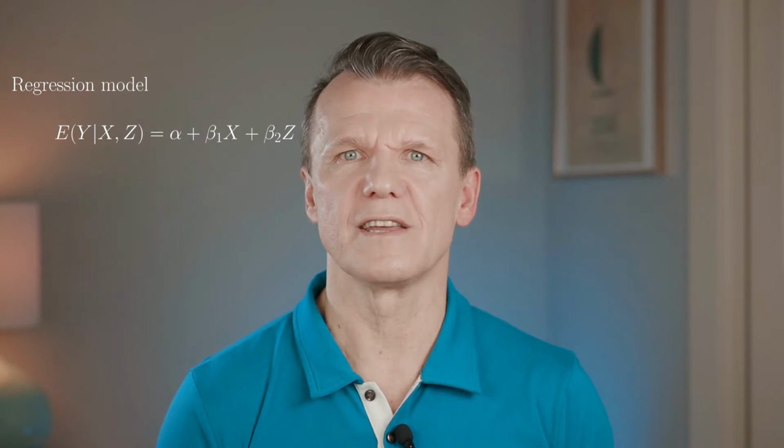And our first lookout is regression model. We like regressions. Regressions link the expected outcome to treatment and pre-treatment conditions. Capital E here refers to the mathematical expectation, often called the mean. Vertical bar shows it's a conditional mean, the expected value of outcome given treatment X and covariates Z.